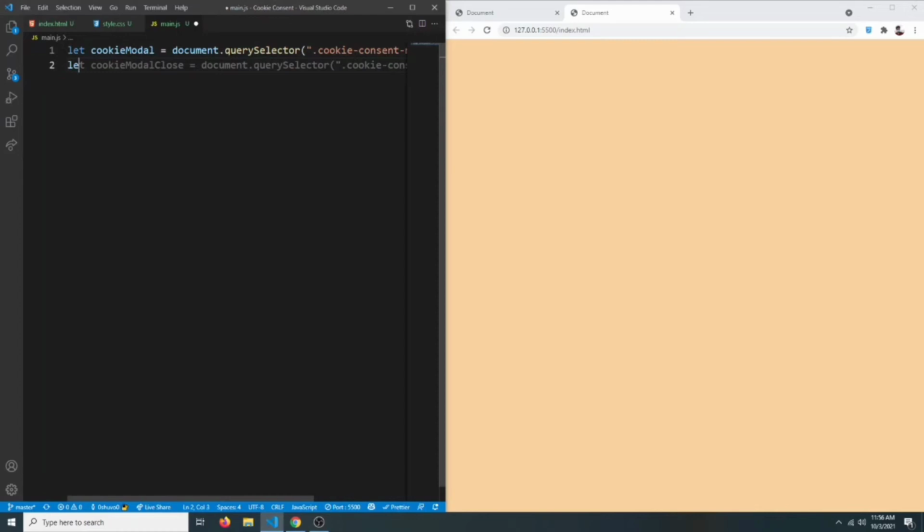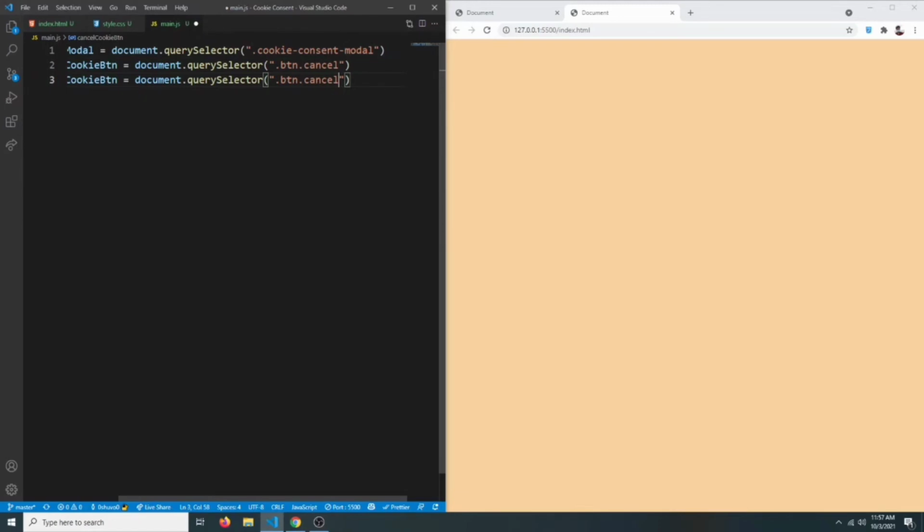And now let's select our buttons. So we're gonna say let cancel cookie button. It is going to be document.querySelector, and we will select the button that has a class of cancel. So we're gonna say .button.cancel.